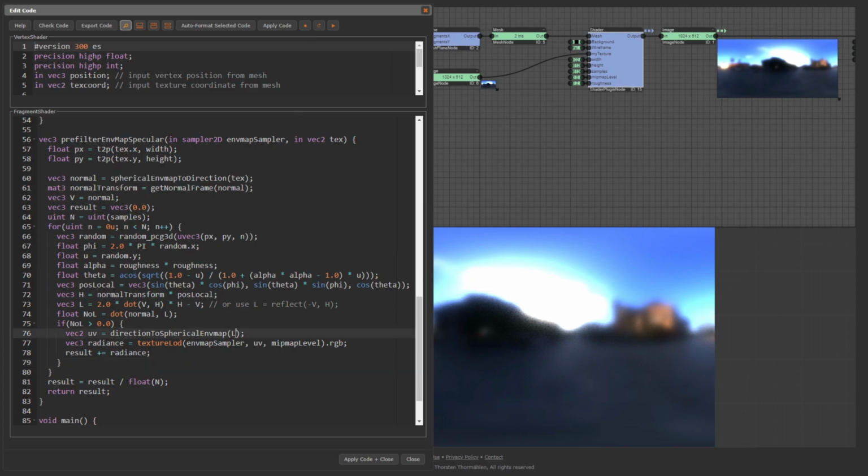So again, this is the result when we use H, and this is the correct result when we use L. In his tutorial notes, Brian Karis suggests weighing each sample by N.L. This is different from the formula in the slides. I assume he found this additional weighting factor by comparing the results of the split sum approximation to the ground truth. Times N.L here.